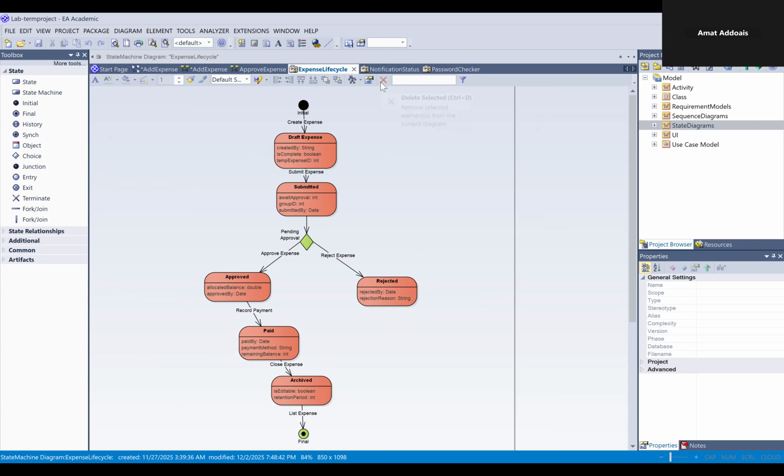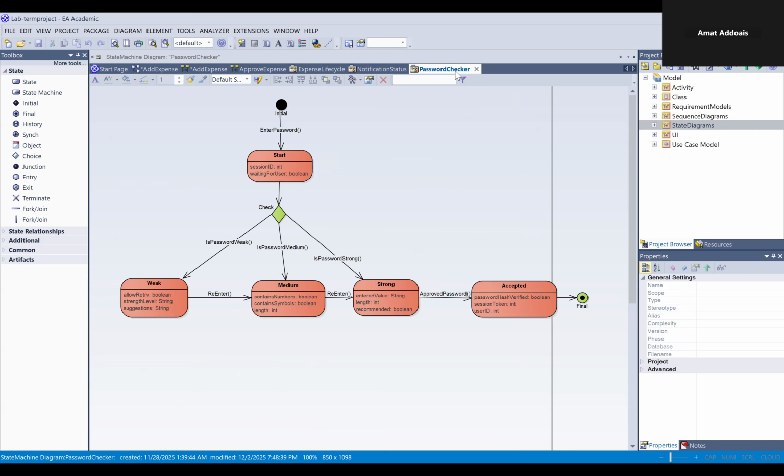And then the other state diagram is the password checker. So from the initial state, we enter a password and it goes to the start state, which will have a session ID awaiting for the user to enter it. And then after that, it checks whether the password is weak, medium, or strong. And for the weak, it's going to allow a retry, and then checks for the strength level,